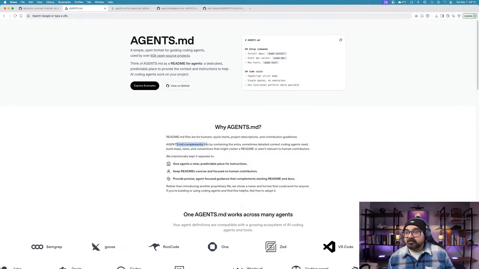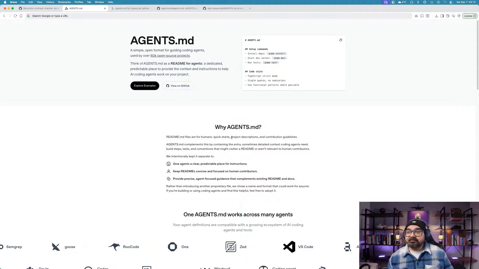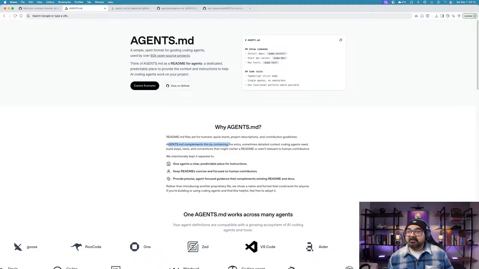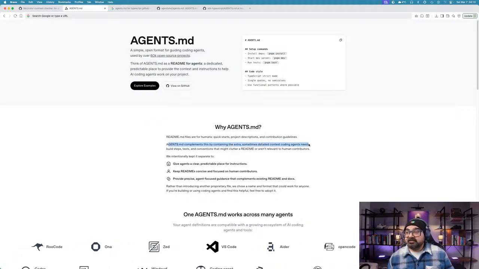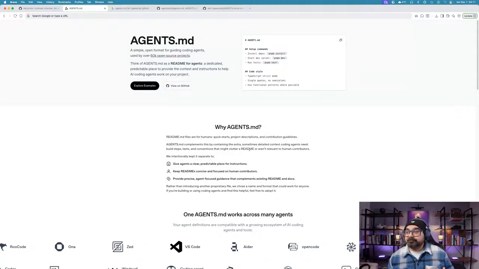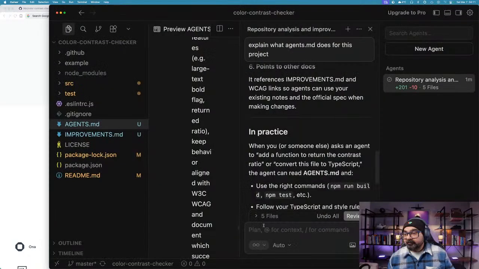So it complements this. So like if you are using a README file, that's for humans, right? How to use the project. Agents.md complements this by containing the extra, sometimes detailed context coding agents need. So any additional steps, conventions, anything that would clutter the README is basically used in agents.md. Okay, so